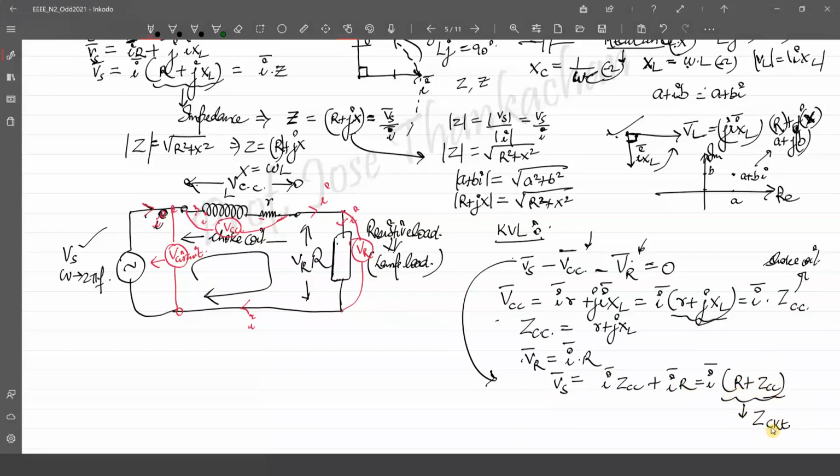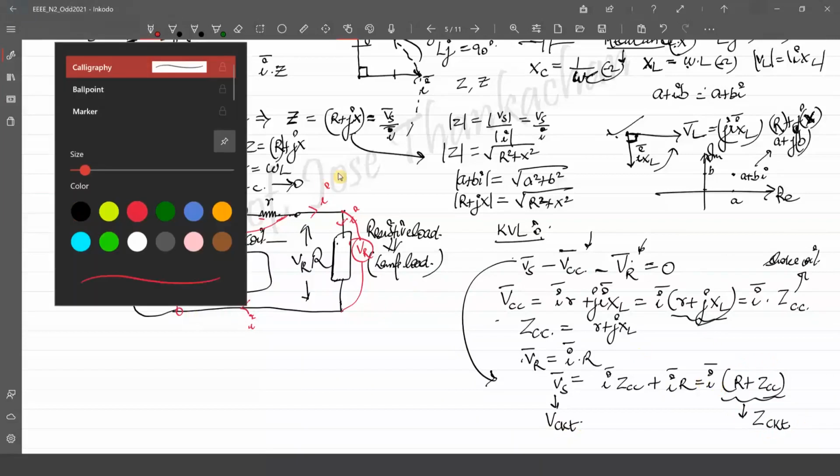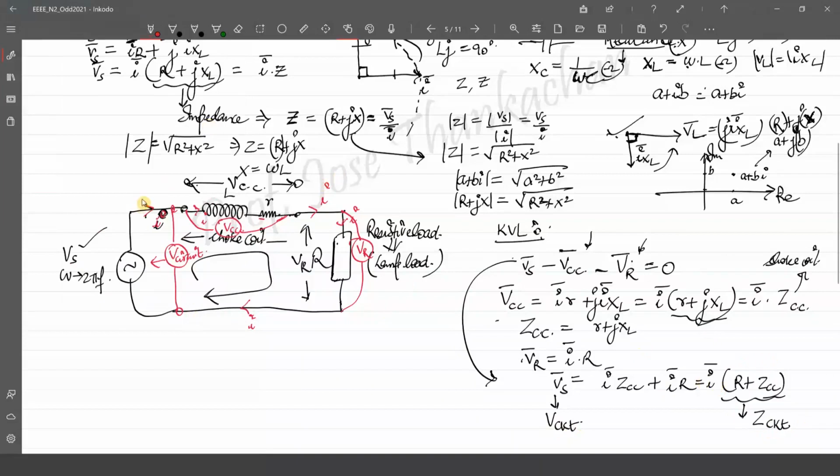Because what is this Vs? Vs is the voltage of the total circuit, and I is the current flowing through the circuit. So if I want to measure this current, what will we do? We'll just connect an ammeter here in the circuit like this. This will measure the current I flowing through the circuit, since it's all in series here.